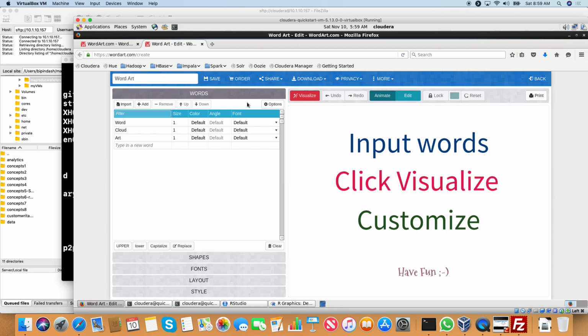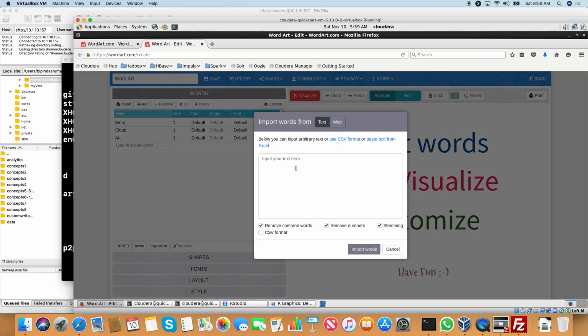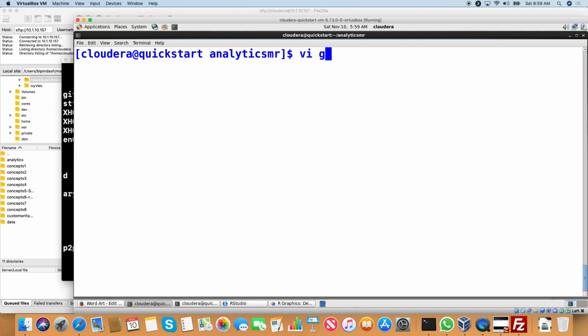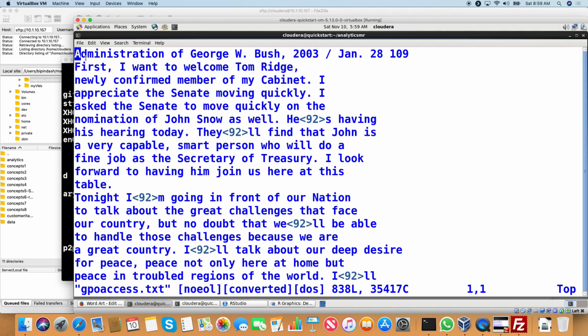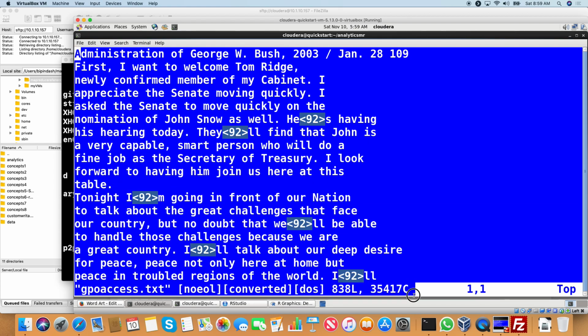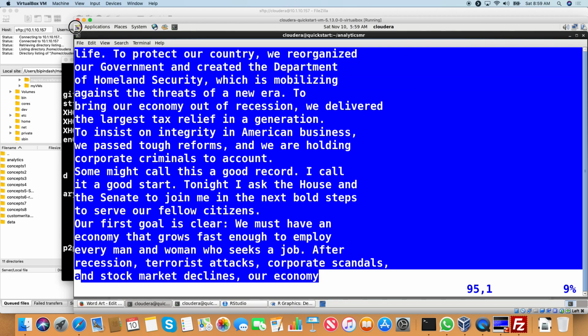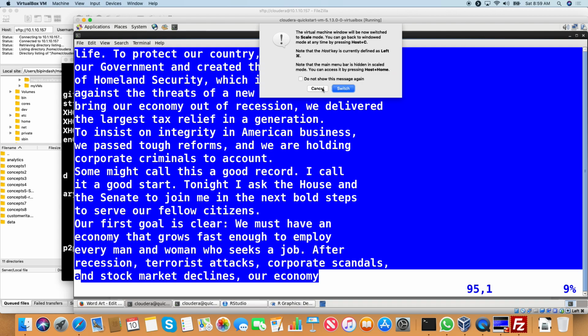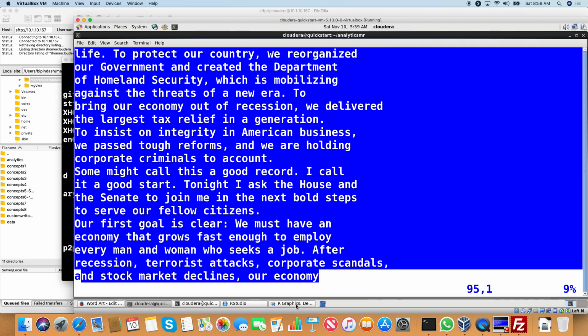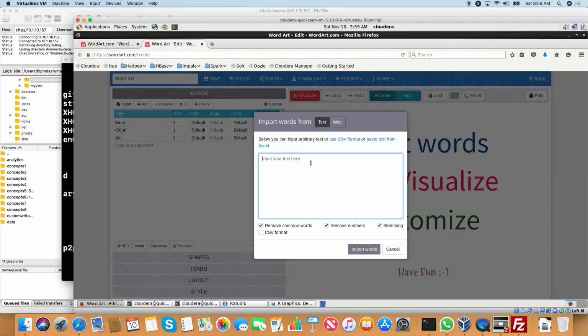Yeah. Visualize, and is there a file word art? Okay, add import, and import your text here, or use the CSV file. Okay, input your text here. So I'm just going here into this directory, vi gpo access.txt, and then just copy some lines from this, just for the experiment. Let us see how it works. Control C, sorry, cancel, and then right click, copy, and then come back to this word art, and paste the text here, paste, and